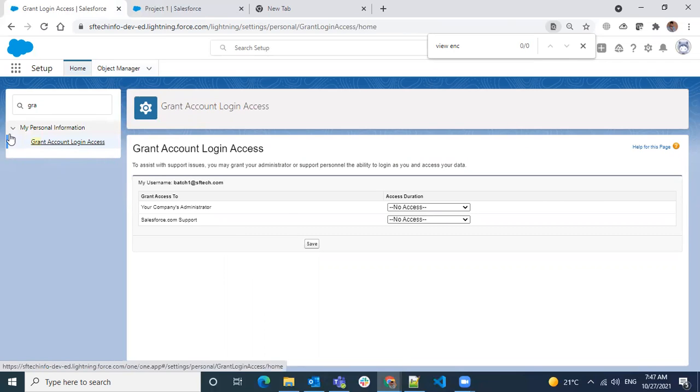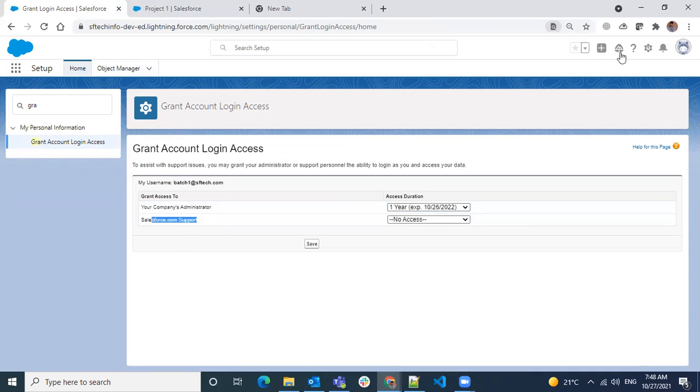So what it does is, when you're looking at users, we can log in as other users only when the other users have set this information. Grant access to a company administrator, meaning the administrators in the same org, you can allow them to log in as your user. And the second one is Salesforce support.